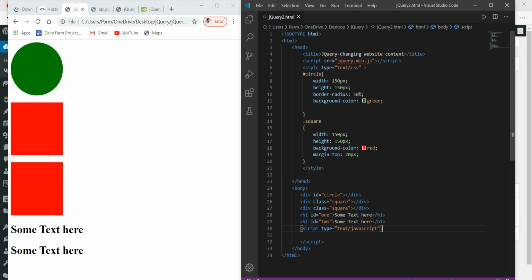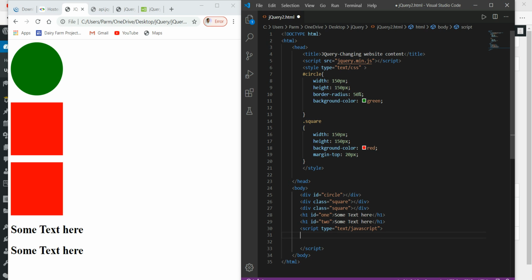So I just wanted to create an event on click. If I click on this circle, the text over here should change. So for this I will create an event.